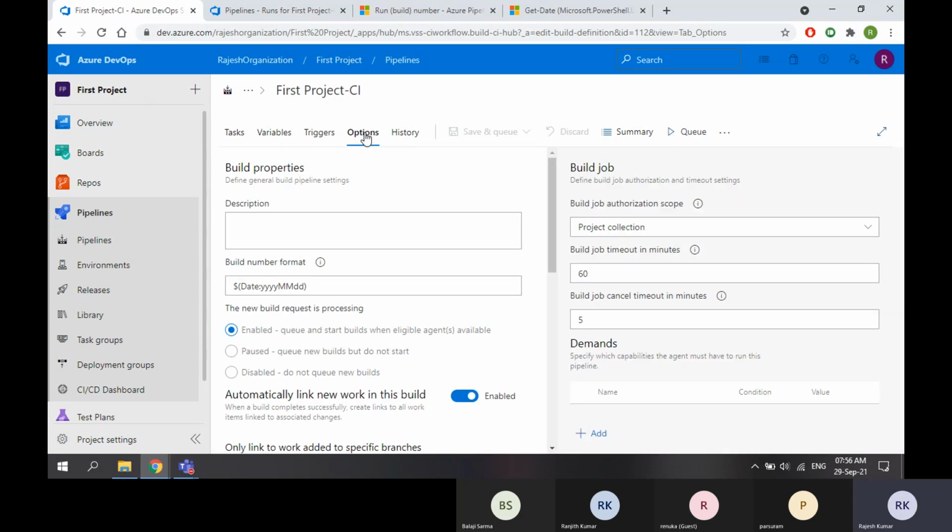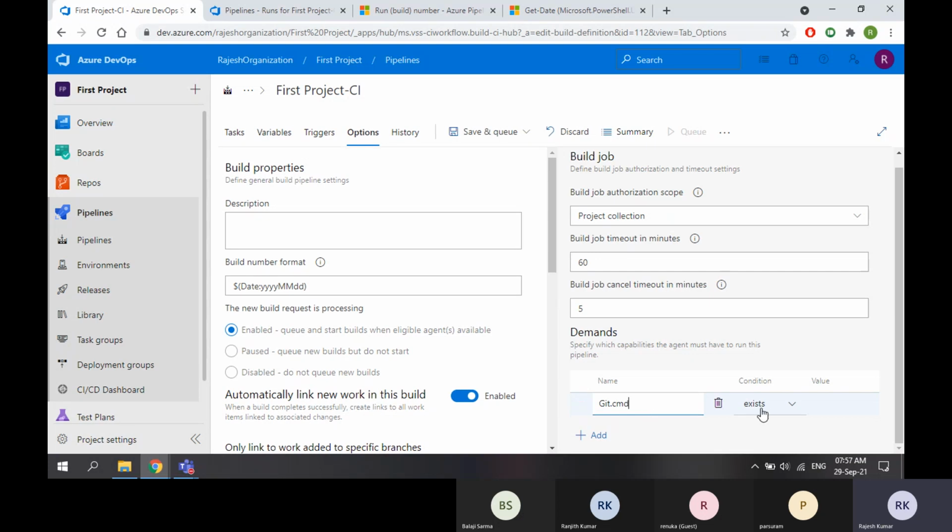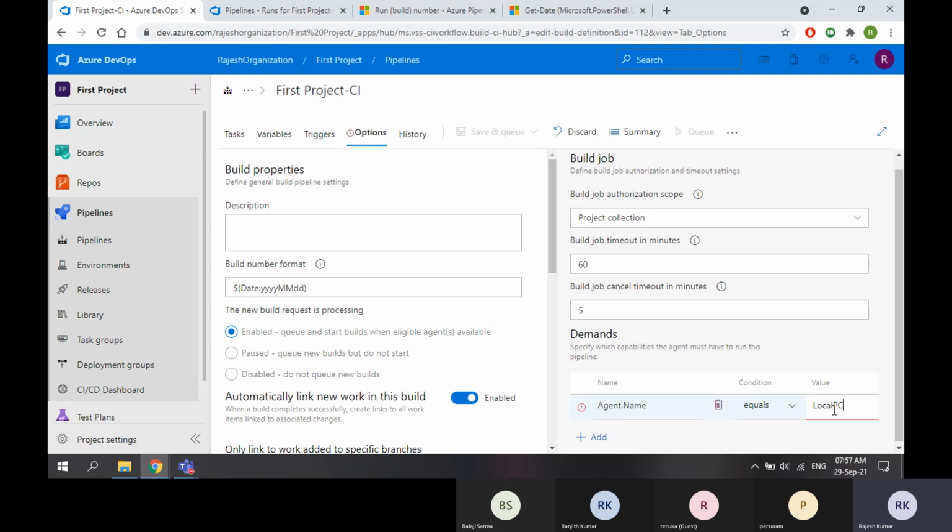For that purpose, you can come here and add, let's say, git.cmd, I believe. So it exists. Or if you are specifying some folder name, let's say agent.name equals local PC.